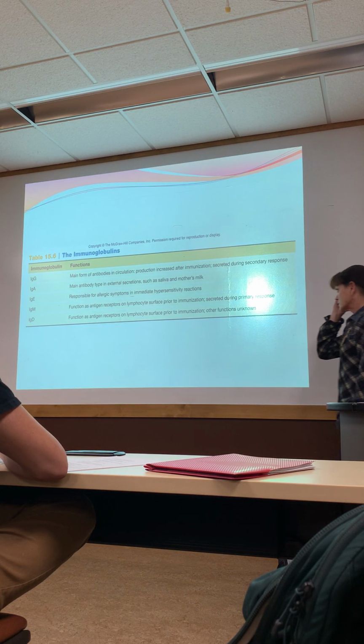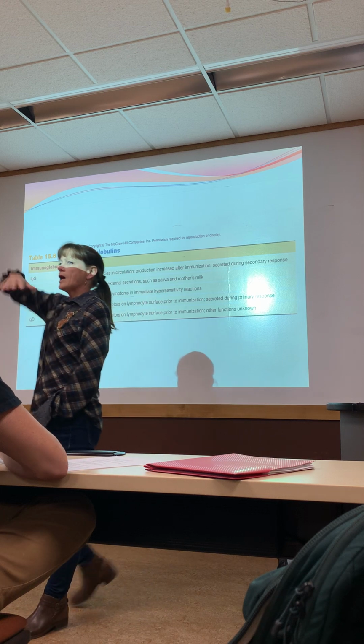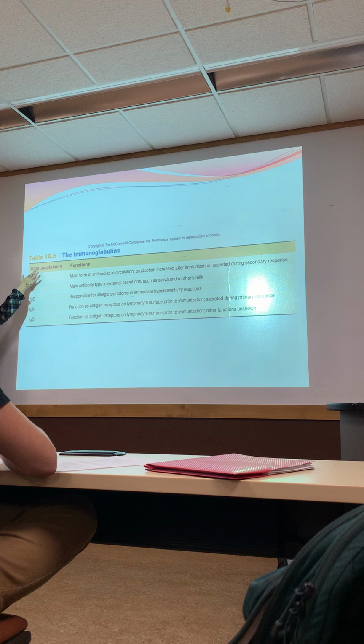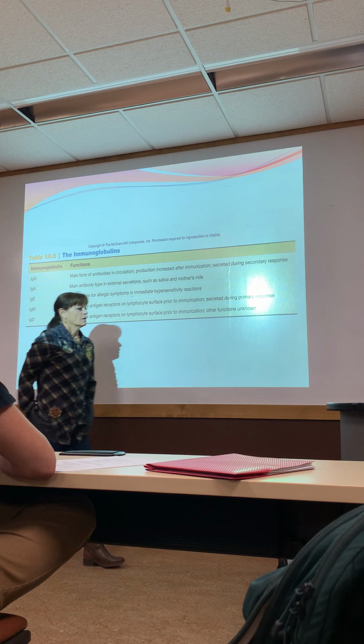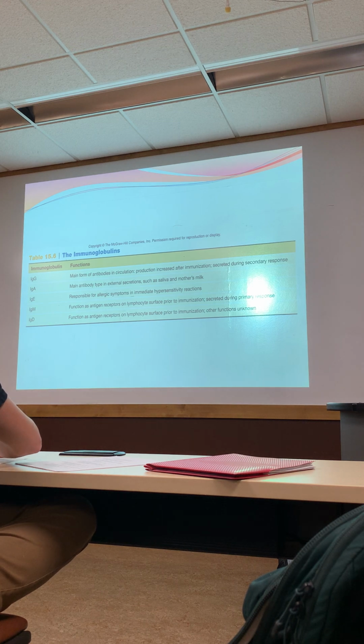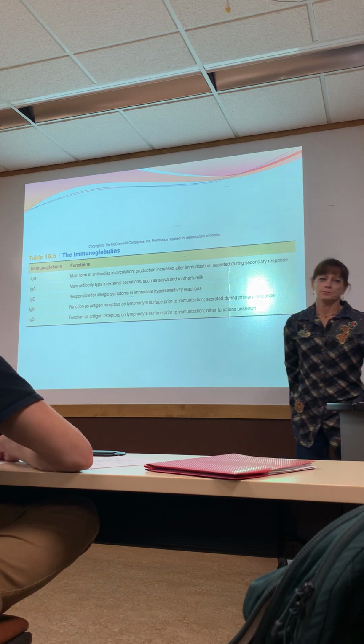When we talk about antibodies collectively, like "I've got high antibody levels," that means we're looking at all these different classes of antibodies. When we talk about the antibodies individually, we talk about them as immunoglobulins, and we're going to abbreviate them Ig. Ig for immunoglobulin. These are all a type of antibody. IgG antibodies make up the most abundant antibody in the body. Like 80% of your antibodies are IgGs.